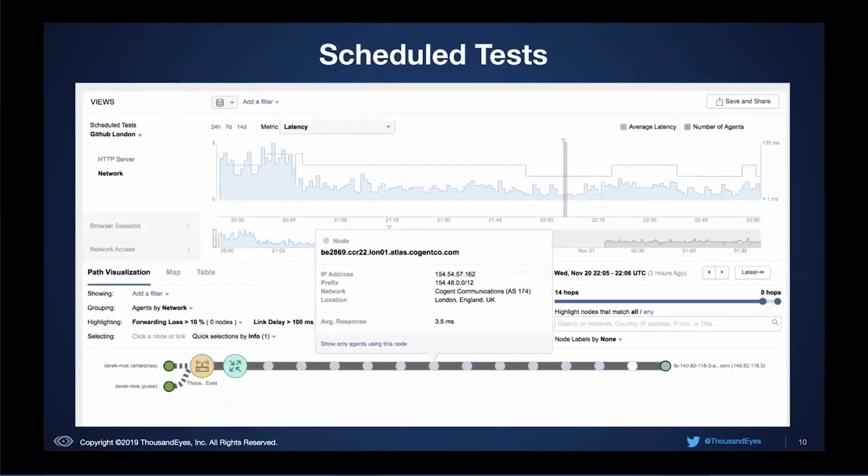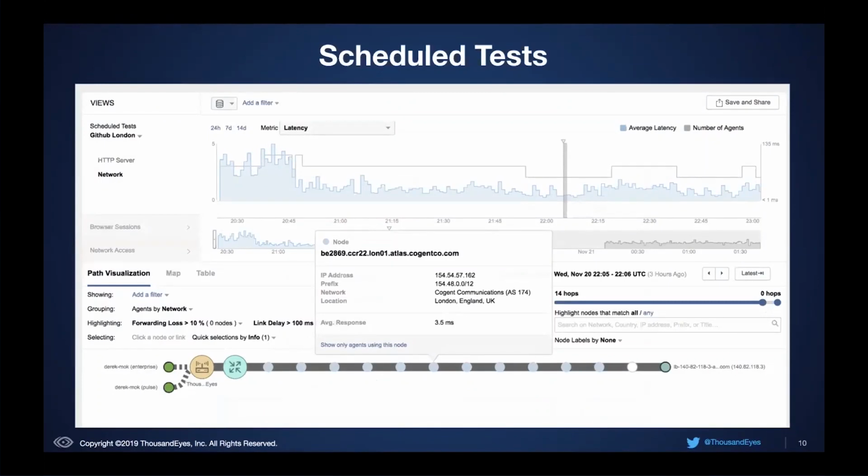So for example, on the top half of the screen, it's a timeline of the latency to github.com. What the agents are actually doing is poking github.com every 5 minutes, and we're able to plot this timeline of the latency and how it changes over time. At the bottom of the screen, there's a path trace. It shows how my agent's request goes to github.com and all the intermediate nodes in the internet that it goes through before it hits the load balancer at the end. So this is the kind of data and world that we're working with.